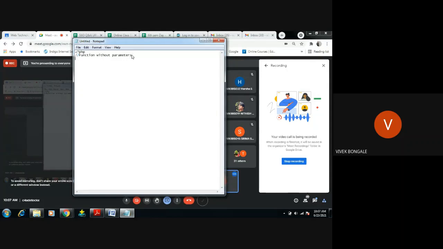Then the function keyword, and the function name I will give as ABC, open brace. We are trying to do addition here.